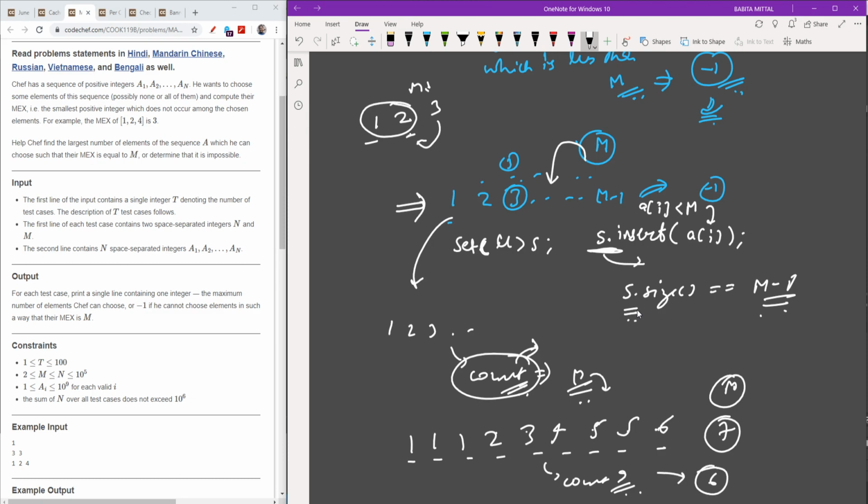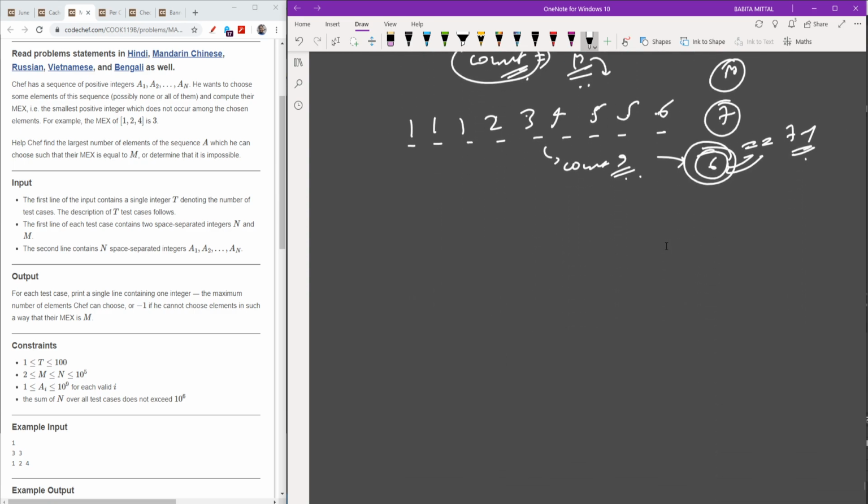So I will just insert them in my set, so that I will have a value of 6, and as you can see, 6 equals 7 minus 1. So my final statement is, I will check first of all, if my ai is less than m, then I will insert ai in my set.